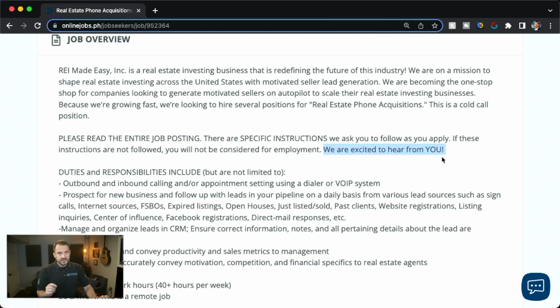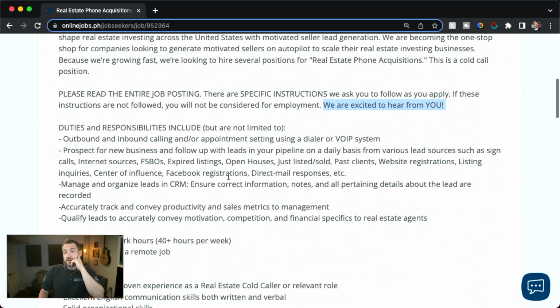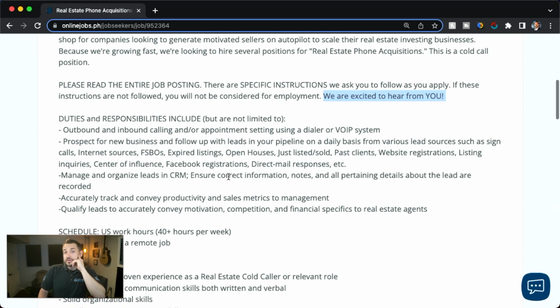You want to throw some hoops in there for them to jump through a little bit because we want to make sure that they read it. What I've discovered over the last decade plus, more like 15 years of hiring virtual assistants, is that a lot of virtual assistants will just see the title and then they'll click apply and then paste a canned response saying, I saw your job post, I feel like I'm a good fit for the position. And I'll actually share some of those with you that they have actually submitted so that you can see what I'm talking about.